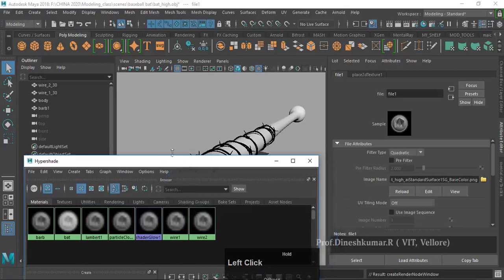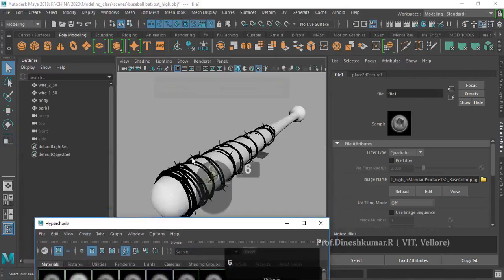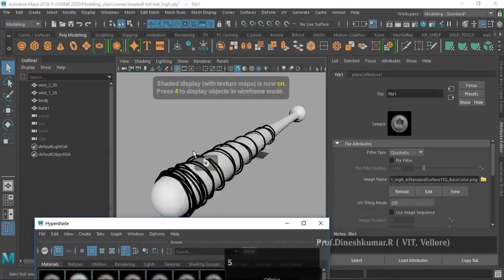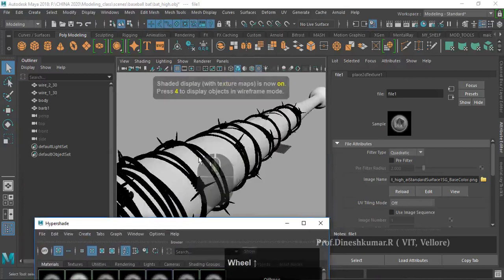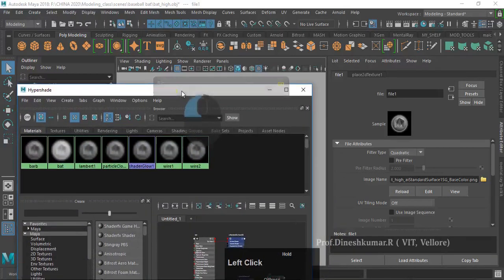1SG's base color. Why it's 1. Great. Then what's the next image we have to load? It's like metalness and roughness and bump mapping. Great. Now go back